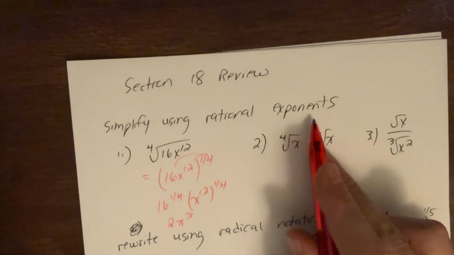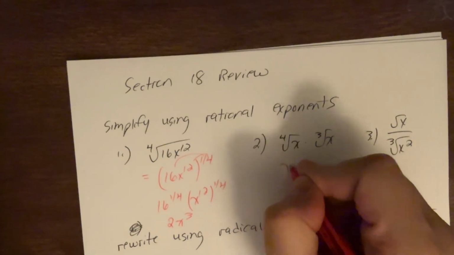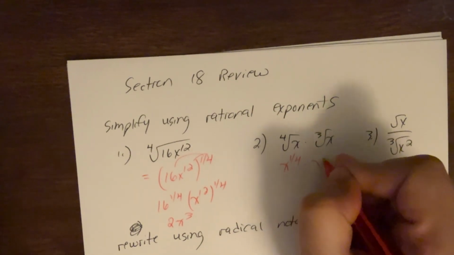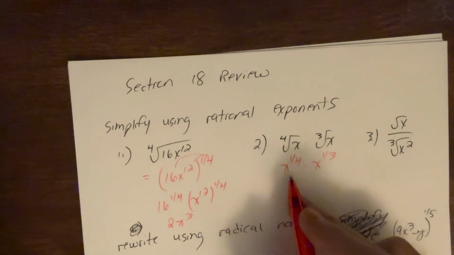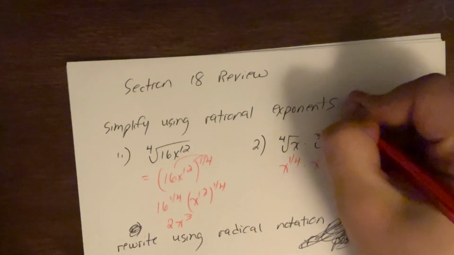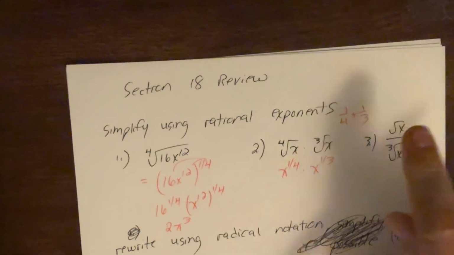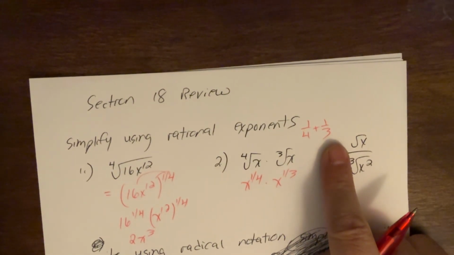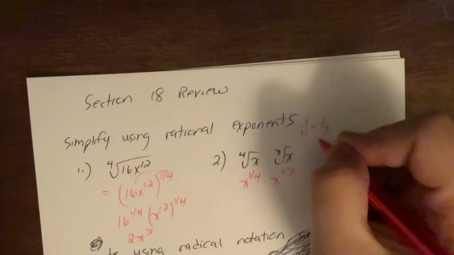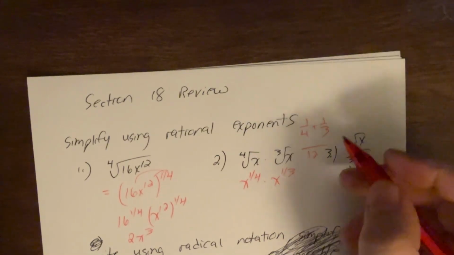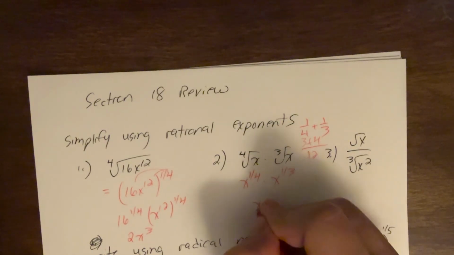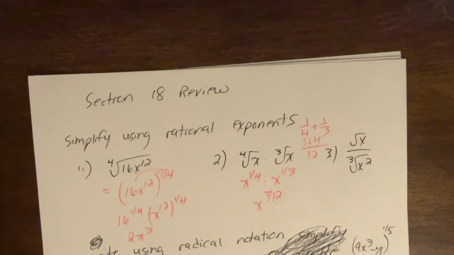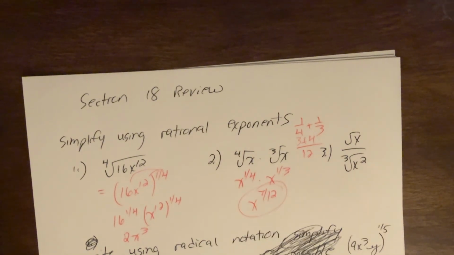Over here, well, again, first thing, rational exponents. The 4th root of x is x to the 1/4. The cube root is x to the 1/3. I'm multiplying. In order to multiply, I will add those exponents. Common denominator will be 12. I'd multiply this one by a 3, this one by a 4, so I will finish with 7/12, or x